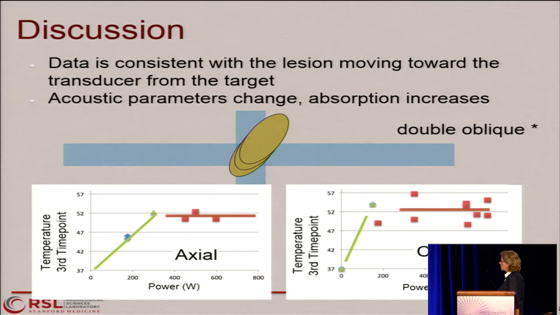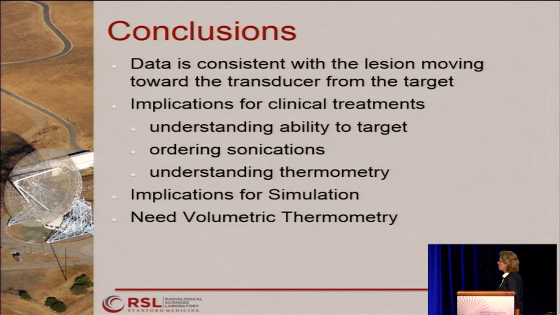And the same thing happens in the coronal scan plane as well. So it's very likely that the lesion is moving out of all of our monitored scan planes. So in conclusion, the data is consistent with the lesion moving towards the transducer from the target. The implications for clinical treatments are, it's important to understand this so that you understand the ability to target where